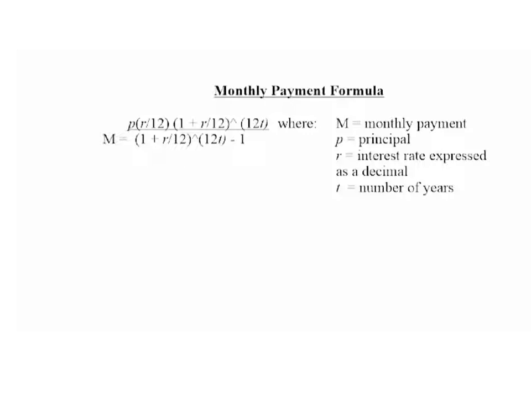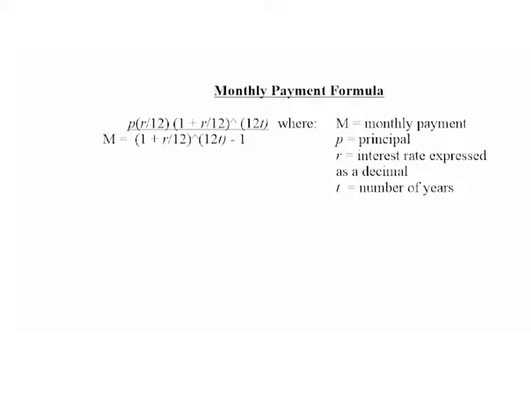This is the monthly payment formula. It looks daunting. We're not going to spend a lot of time on it, but it wouldn't be fair if we didn't introduce you to it. M is the monthly payment, P is the principal, R is the interest rate expressed as a decimal, and T is the number of years. And it's P times R divided by 12 times 1 plus R divided by 12 to the power of T times 12,